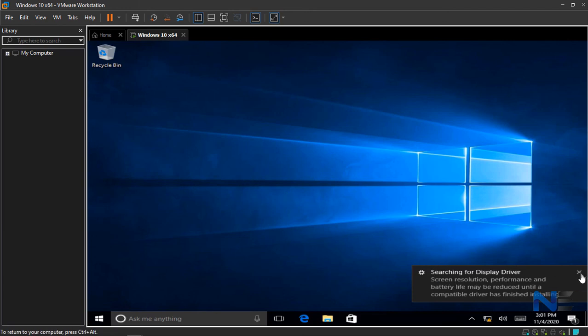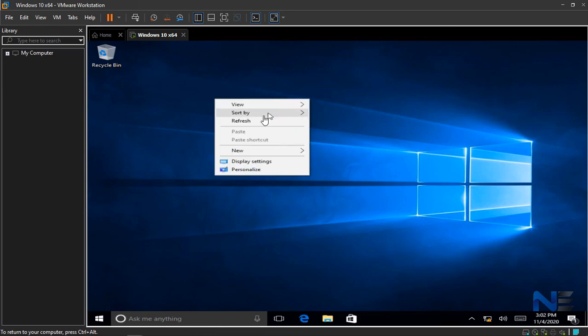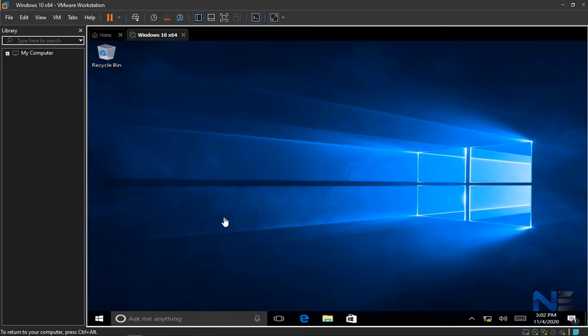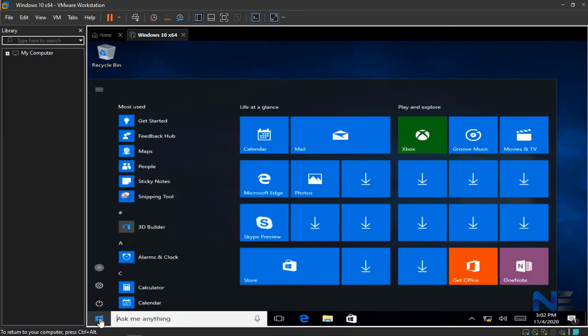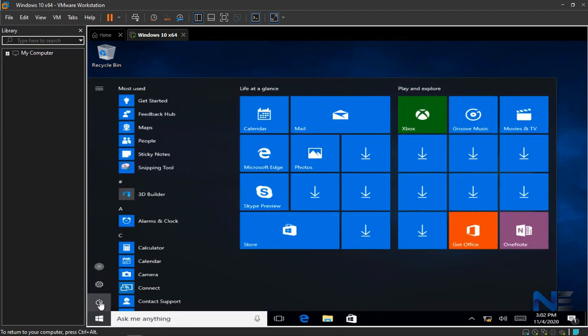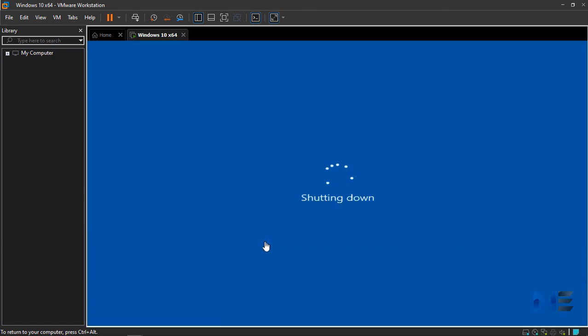So as you can see here, our window installation is complete, and that was all about the window installation on VMware. I'm gonna shut down the PC now. Window installation on VMware takes the same amount of time as we install on PC.